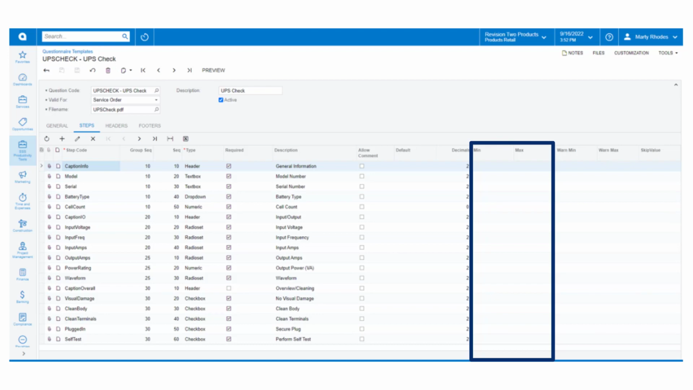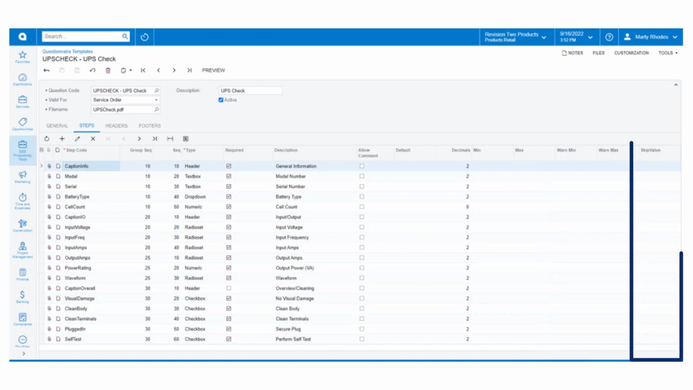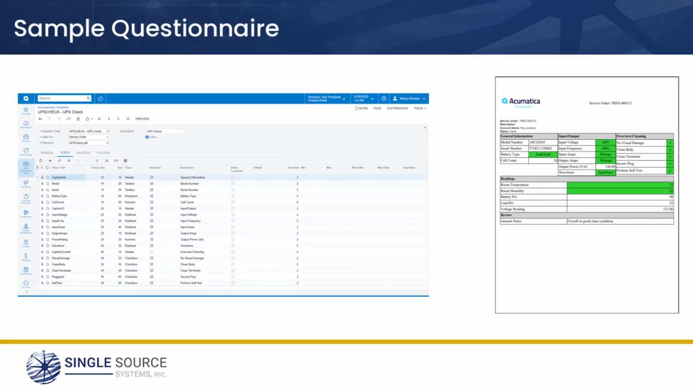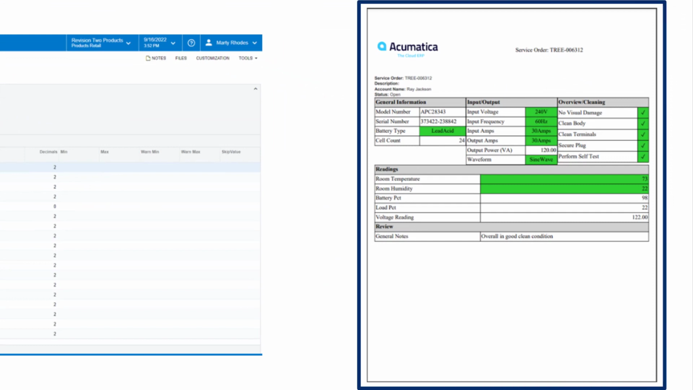Warnings can be presented to the user upon data capture if these min-max values are exceeded. Pass and fail thresholds can also be specified to reflect green or red values on the output report. You have the ability to skip a question for a particular questionnaire if you want. And on the right-hand side of the screen, we have an example of the hard copy report or the PDF